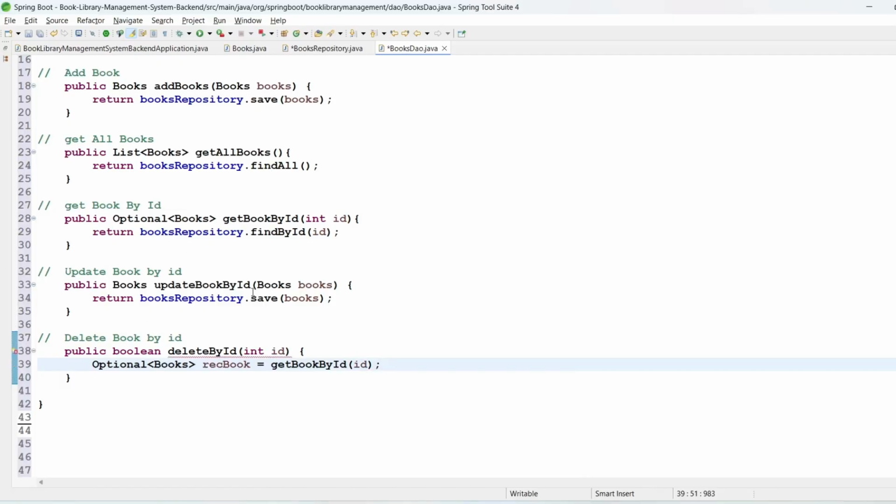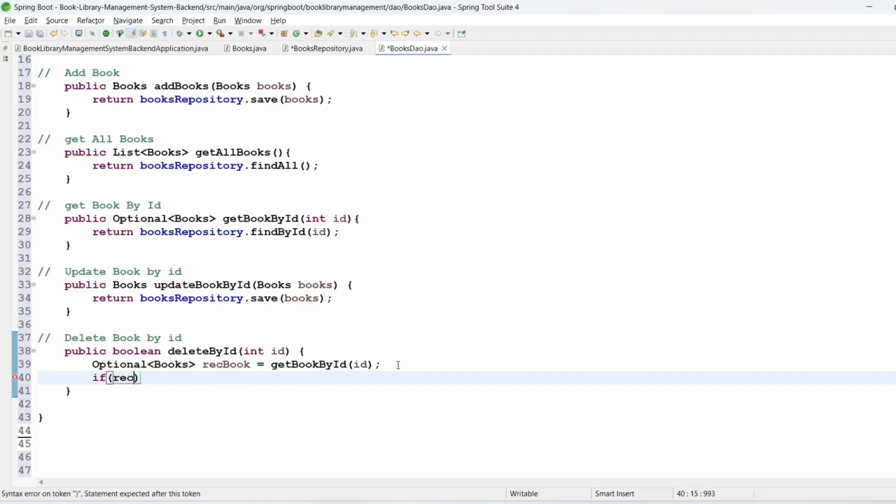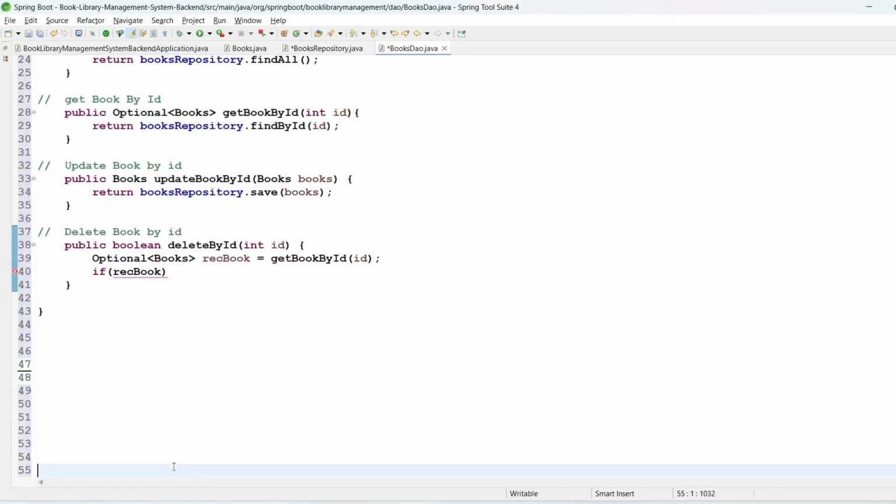Whenever we perform this, it will go to the get by ID, and from here it will get the data and insert it here, and the data will be present inside the receive book. So if I want to validate, if receive book